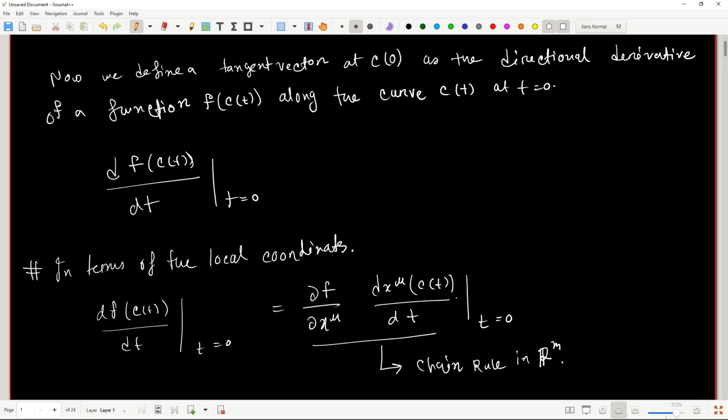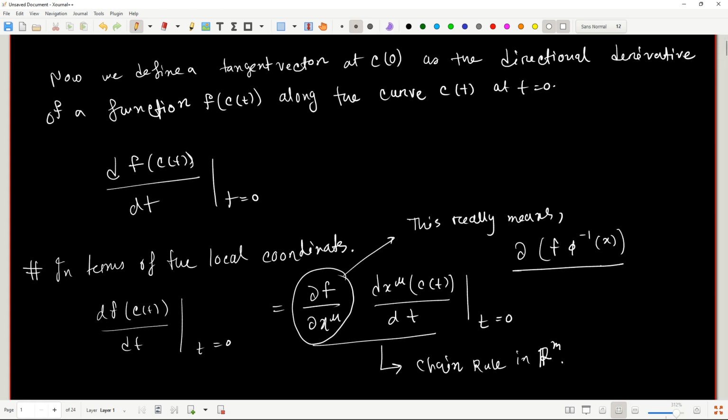From this expression, what we can understand is that this derivative really means del of f composed with phi inverse with respect to x mu. Why? Because